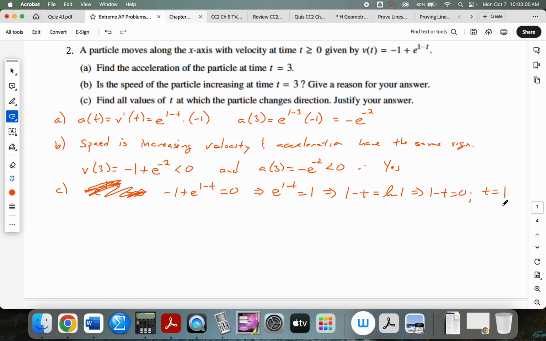But notice they said justify your answer. So just showing that this is where the velocity is 0 is not enough to justify your answer. We also need to show that the velocity changes sign there. Remember, just because the velocity is 0 doesn't mean that we're going to have a change in direction. It's just a potential for a change in direction. So if we look at the velocity greater than 0,